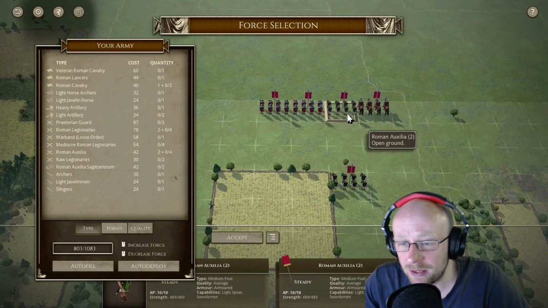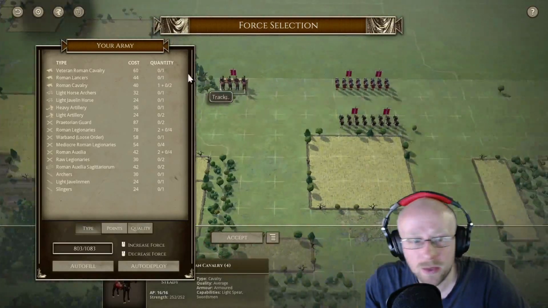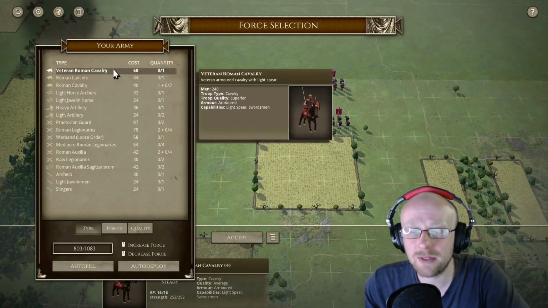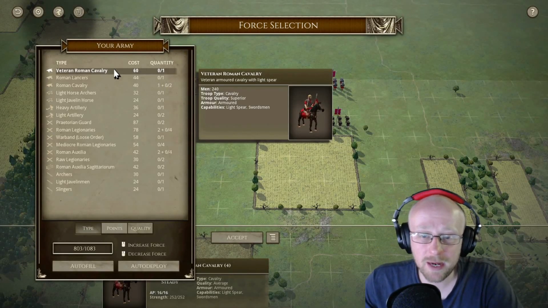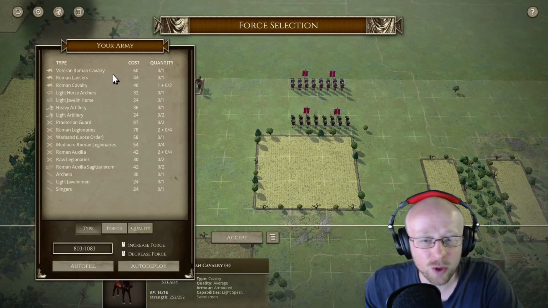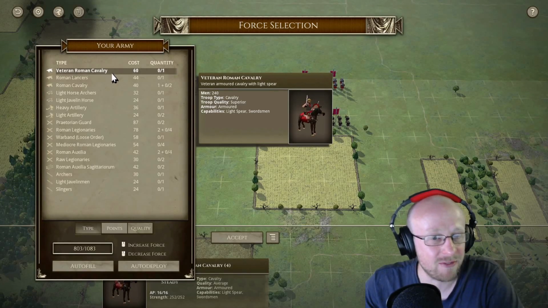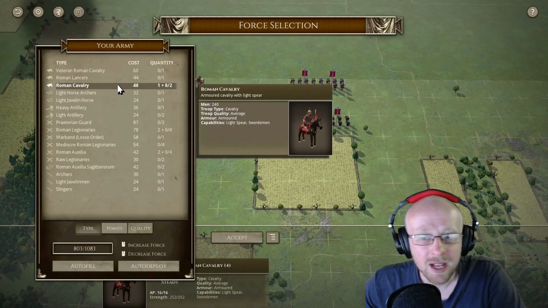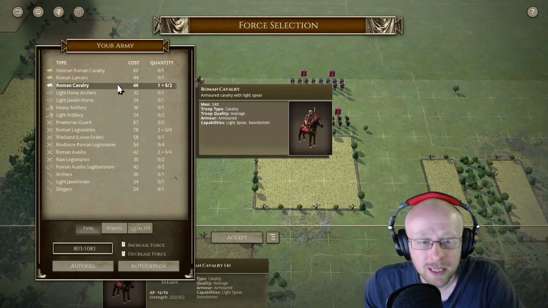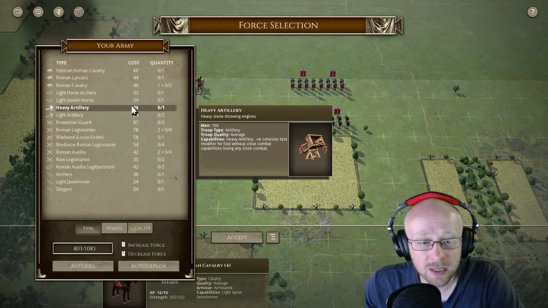So we'll have a quick look at what the Romans do as a medium force. So we'll have a look at what we've got. Veteran Roman cavalry, brilliant. Of course, superior armored light spear sword. Roman lancer, 44 points. To be honest with you, I'd say it's slightly better than the veteran Roman cavalry for a lot less points. And then down a Roman cavalry, horse archers, light javelin horse, heavy artillery, light artillery,